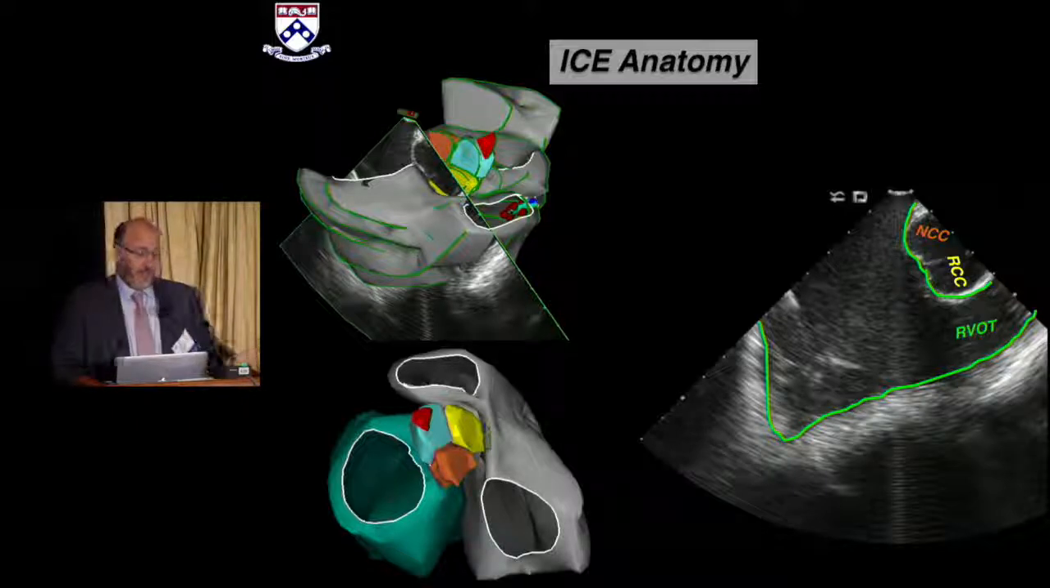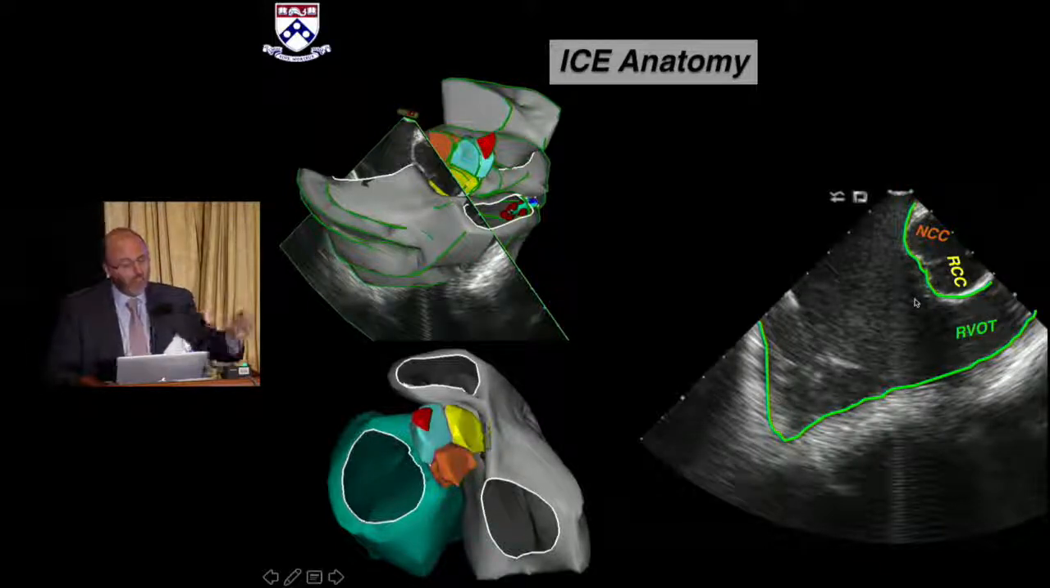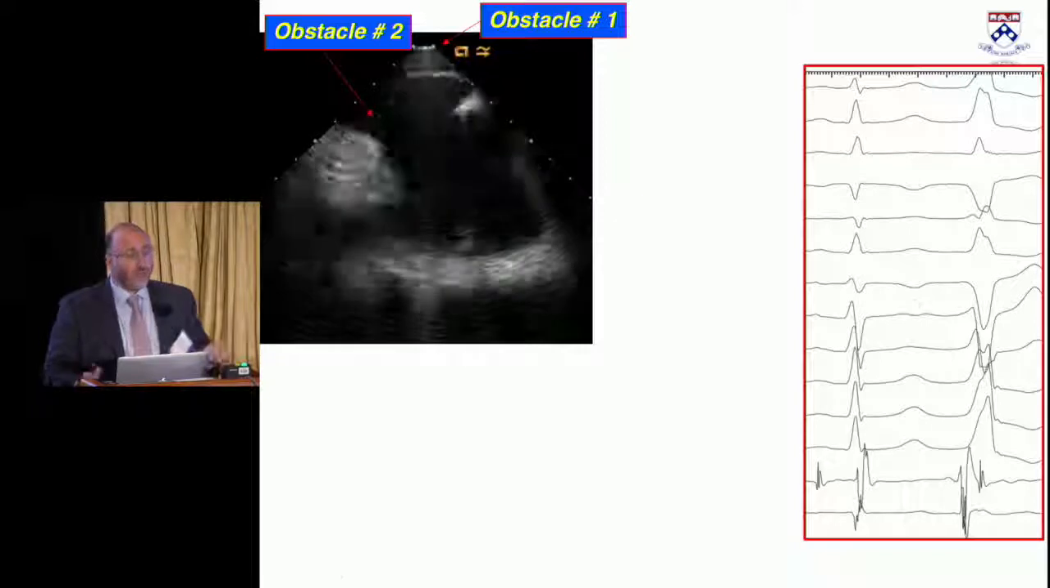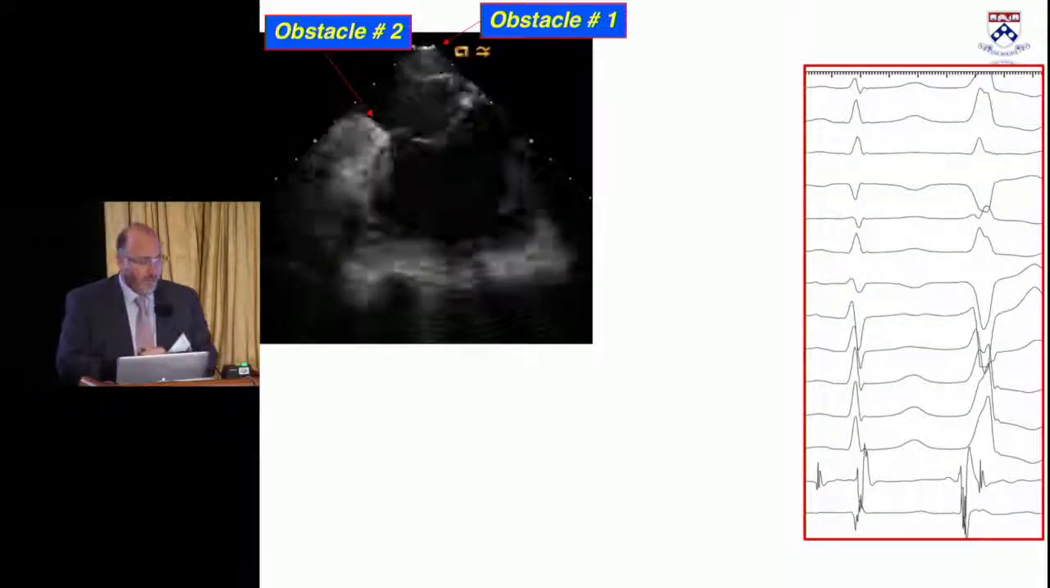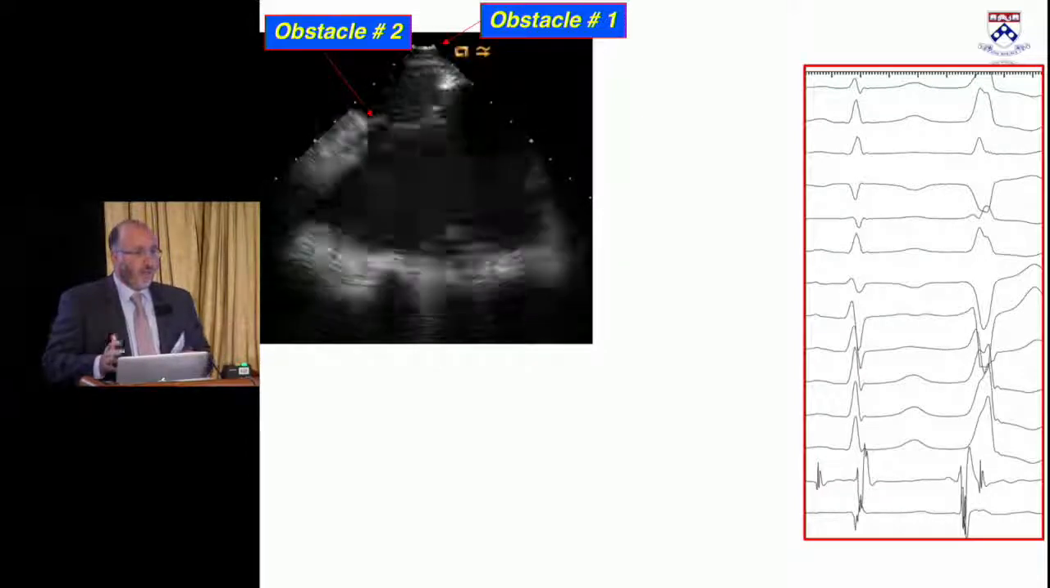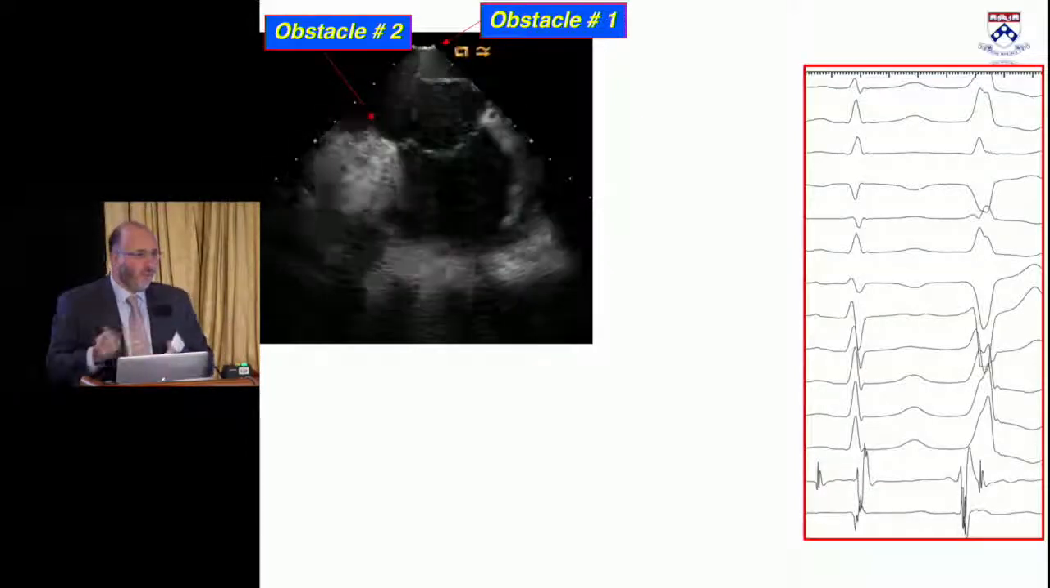How do we do this? Well, I think it's very important to understand intracardiac echo in this. This is from the right atrium. You can look perfectly at this area, and you have the right and the non-coronary cusps. But not only to understand the anatomy, but to understand the obstacles. This is a patient with a parahisian PVC. If I look at this echo image, I understand right now, and you will walk out of here understanding,